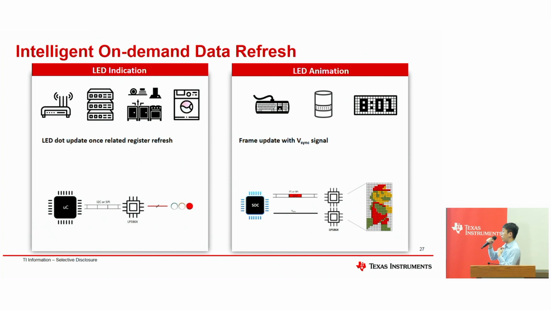So we want to reduce the delay on the transmission of the I2C bus load. We have a VSync, a synchronous pin, available on this driver. You can pull it down and wait until all the frame data enters the SRAM on the LED driver, and then release it to the second page of the SRAM. You can see we have a visualization here showing the Mario animation transition. So we update the animation frame by frame instead of LED dot by dot.